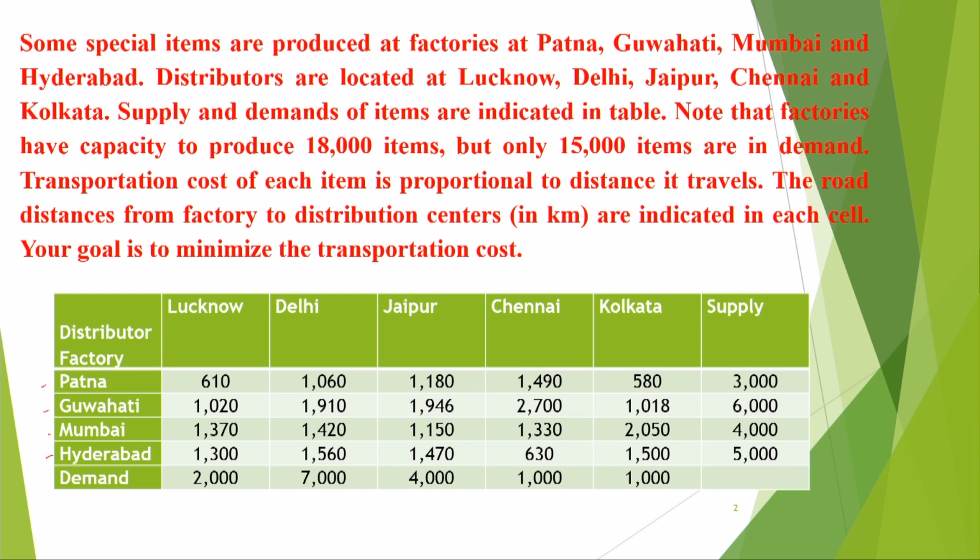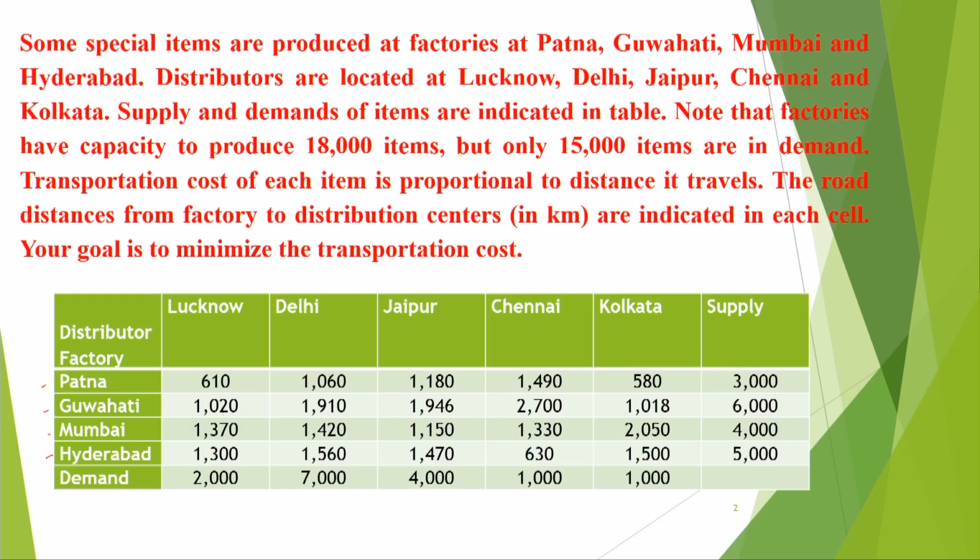These are also cities. So, from Patna, one can send items to Lucknow, Delhi, Jaipur, Chennai, or Kolkata. Similarly, from Guwahati, one can send to all 5 places. Now,